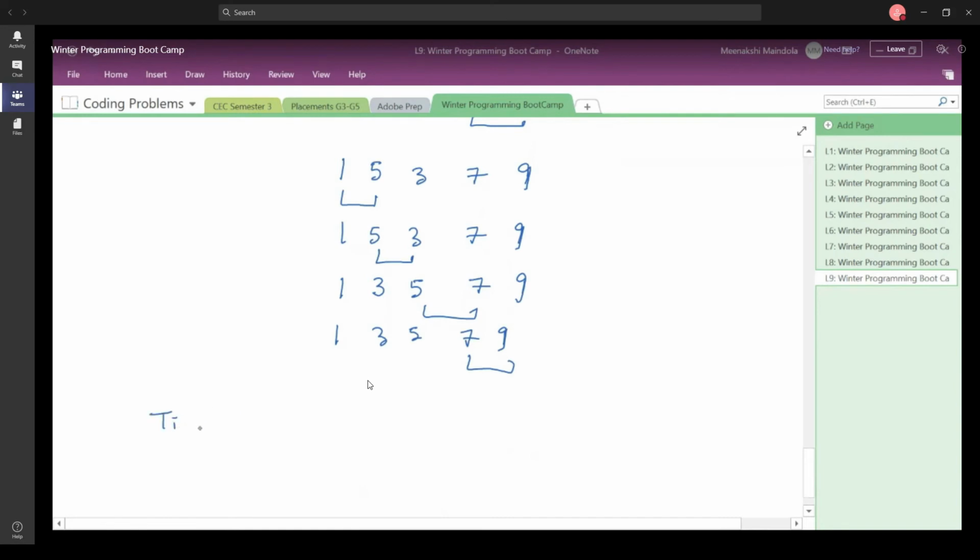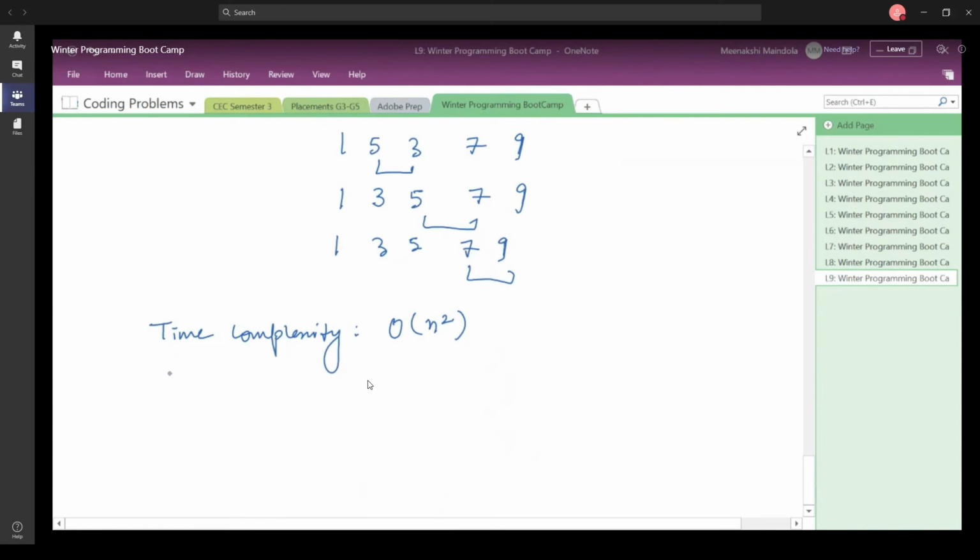Now you know that in the case of time complexity, since you have two loops and you are going to start from the beginning of the array and go towards the end of the array, and you do that two times, first in the outer loop and then in the inner loop, you say that my time complexity is going to be order of n square. And since you can already see that you do not require any extra space, you say that the space complexity in this case is going to be order of